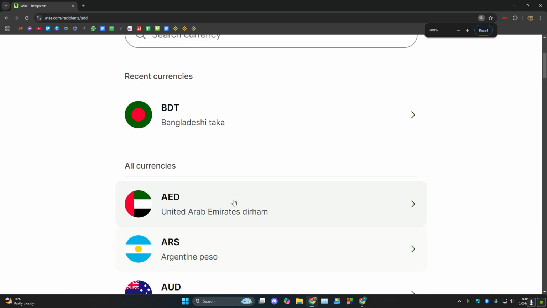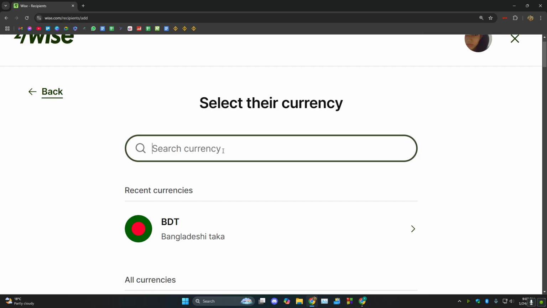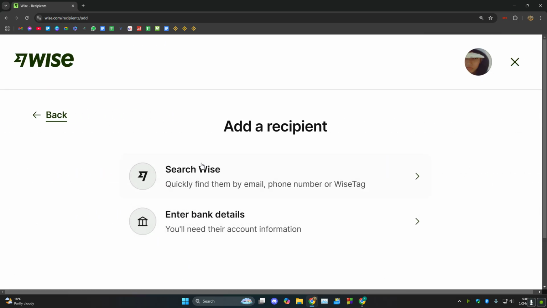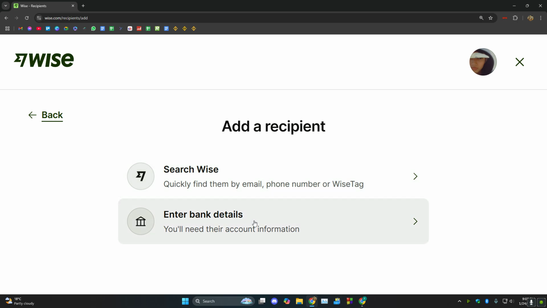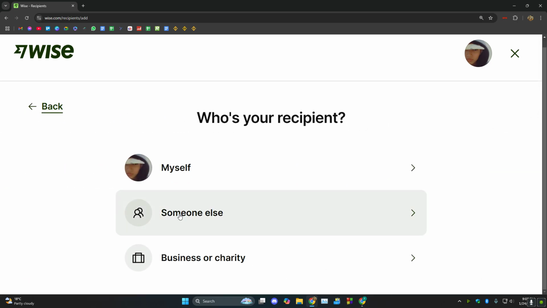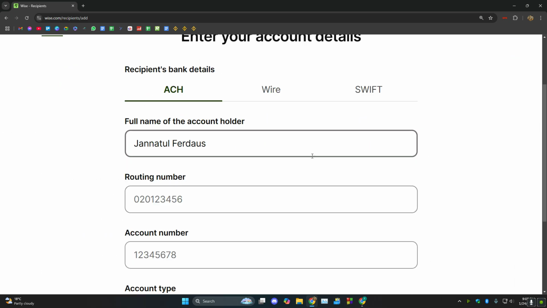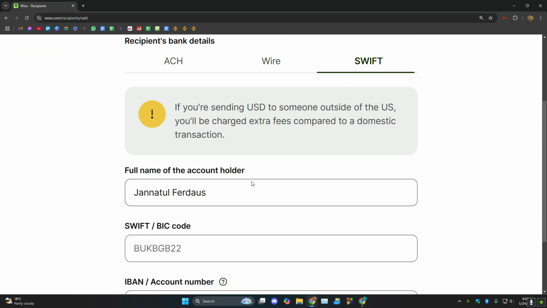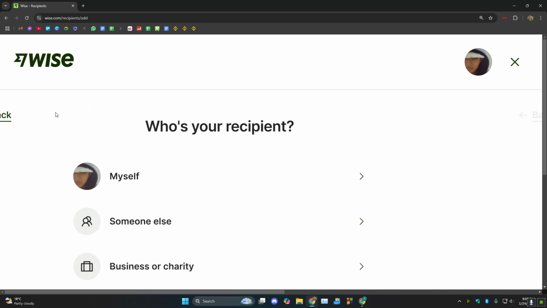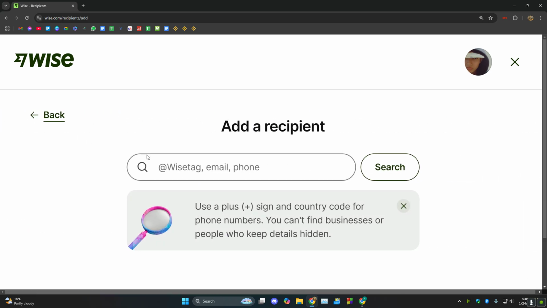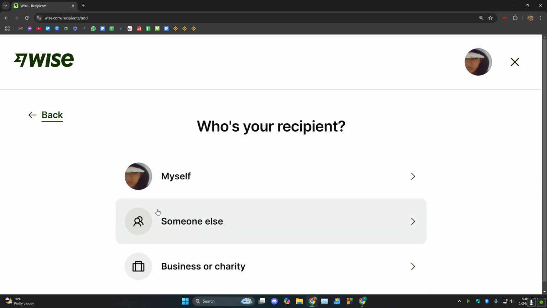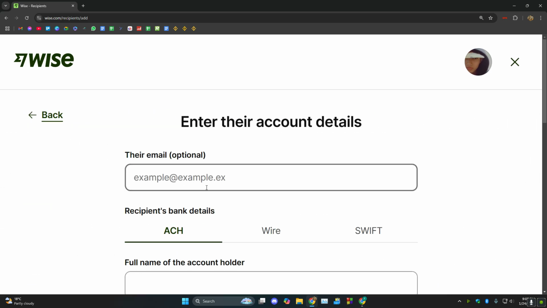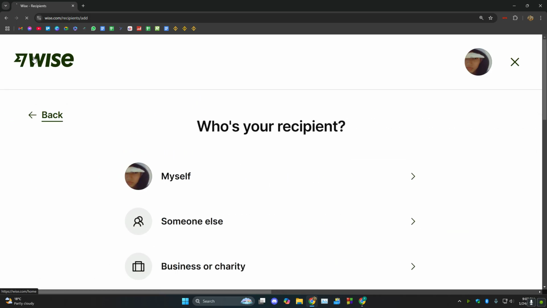there what you do is you select whatever is your currency. Let's say your currency is USD, and then you click on enter bank details. So if it's you, someone else, or business, let's say it's myself, and then from here you see the type of wire or Swift things that are available. If you don't see Payoneer over here, then what you need to do is go